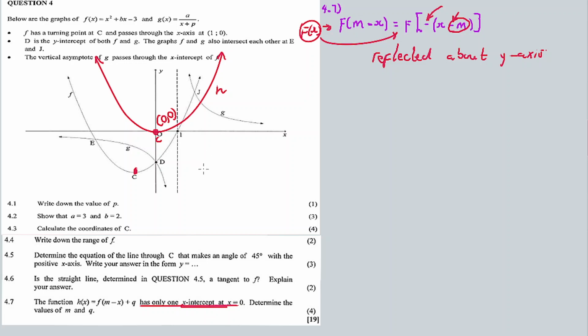Interesting. Okay, look here. The minus simply says reflected about the y-axis, and then the minus m, after the reflection,